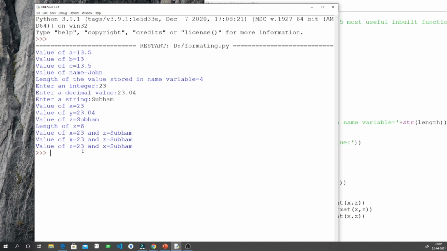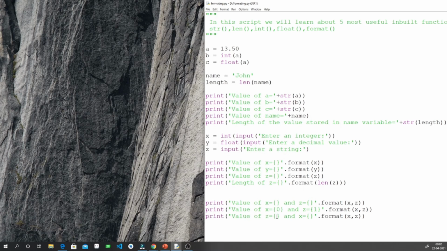Same, z is actually containing the string, so z should be printed first, not x, but as we haven't specified the indexes, it is by default taking sequentially. First it is taking x, then it is taking z, but we want to print z first and then x, so we have to add 1 here and 0 here.